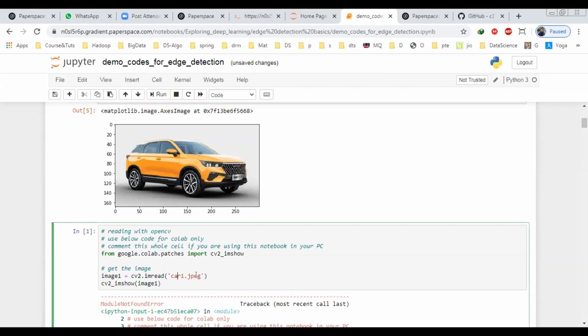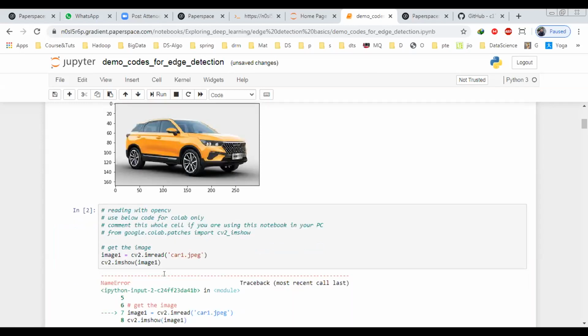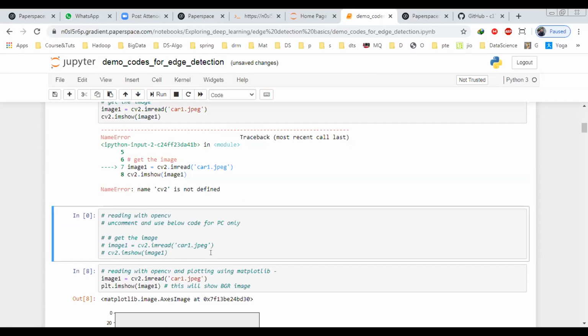Sorry, this thing works in Colab. Actually, I have tested it in Colab. Instead of this, I can go for CV2 dot. No, I think it should run. Something is wrong, I was just showing this for testing.